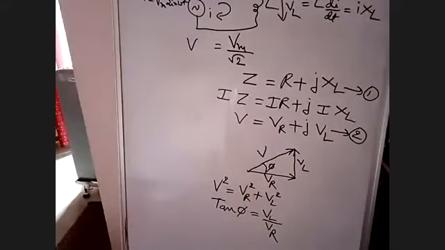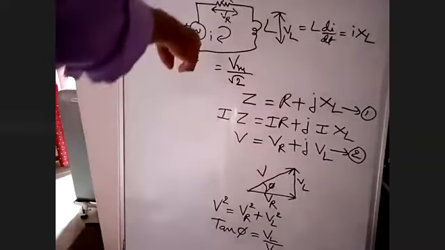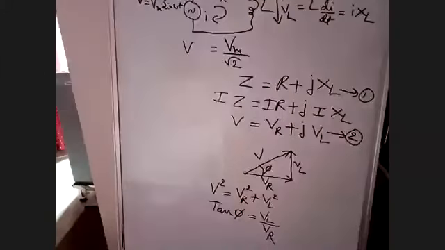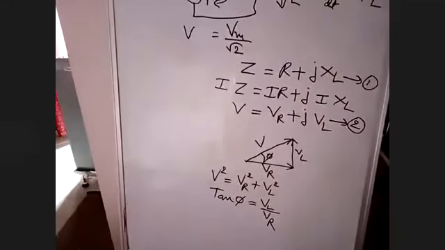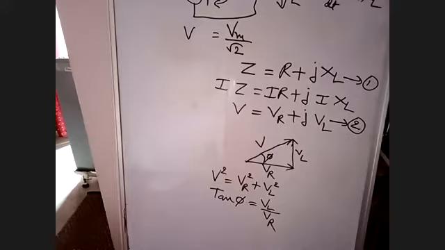Now tell me, what is capital V? The RMS voltage of the supply, the total voltage. This total voltage is dividing across R and L. VR is the voltage across the resistance and VL is the voltage across the inductance. The formula for VR is I into R. The formula for VL is I into XL. Please remember, it is not I into L. VL is equal to I into XL.